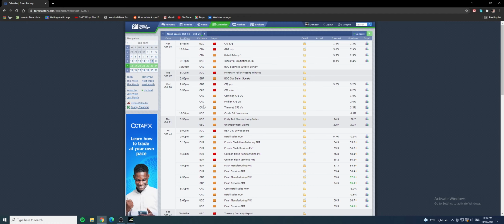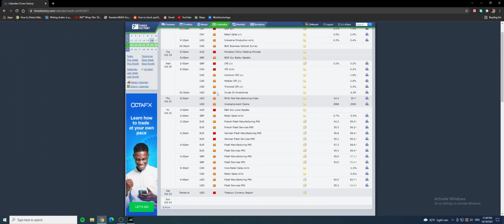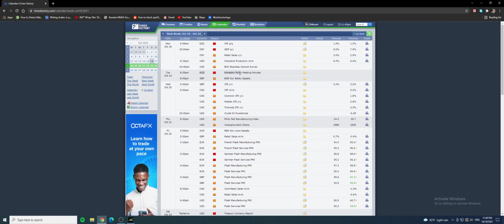So this is the Forex Factory calendar. Basically we have this one, it's quite important, Aussie dollars, so we can look at Aussie versus USD, and we have the Canada CPI, so we can look at Aussie CAD. Let me just go through the charts with you guys and we'll have a go.